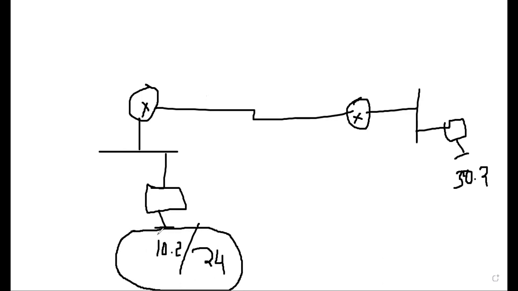The easy way is to know the subnet mask of 192.168.10.2/24. When you say /24, it means 24 bits are on and the remaining 8 bits are off, which means 255.255.255.0. This is because of /24. You need to subtract it from your broadcast address.